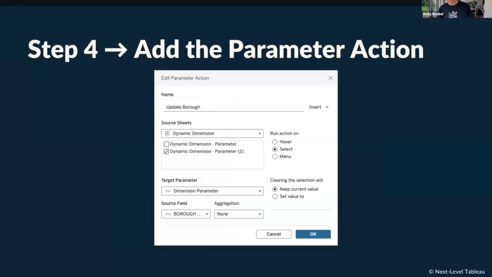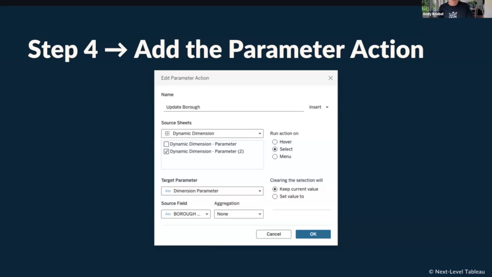I would avoid using hover if you can, because that'll really confuse people. Plus, if you're on a phone, I've tried hover on a phone, but it doesn't work. Has anybody been able to figure out hovering on a phone? If you can, that'd be really useful. But I don't know of any phone where you don't have to touch to do it. But anyway, menu you might want to use, but then on the bottom left-hand side, you have to pick the